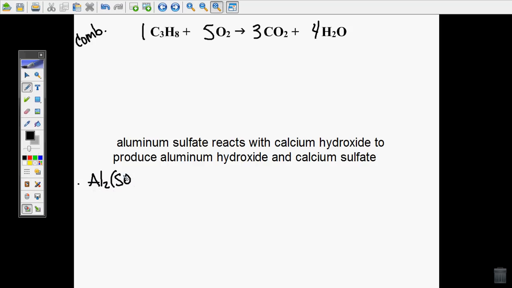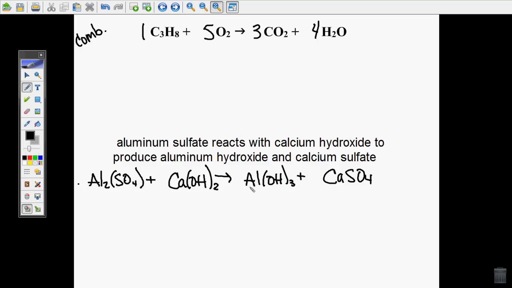Aluminum sulfate reacts with calcium hydroxide to produce aluminum hydroxide and calcium sulfate. If y'all can't write these compounds, you gotta come in for tutorials and I'll show y'all how